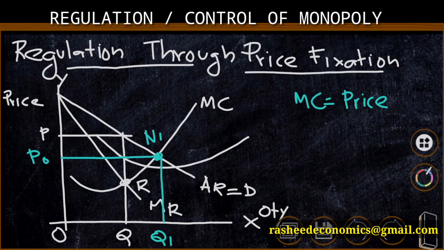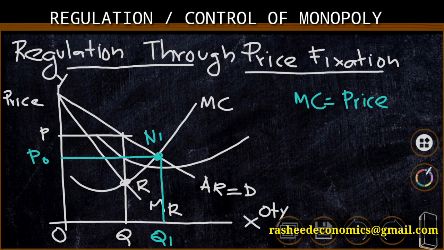Here, when the government insists a monopolist to fix the price on the basis of marginal cost, the quantity of the commodity will be increased and price of the commodity will be decreased. This is a price restriction imposed by the government or external agency on the monopolist.